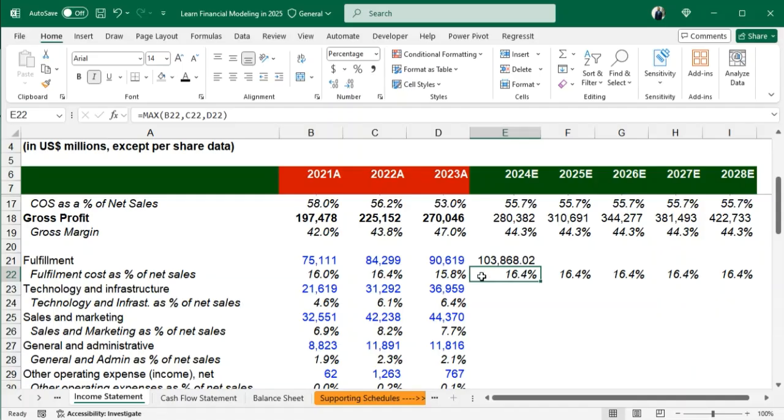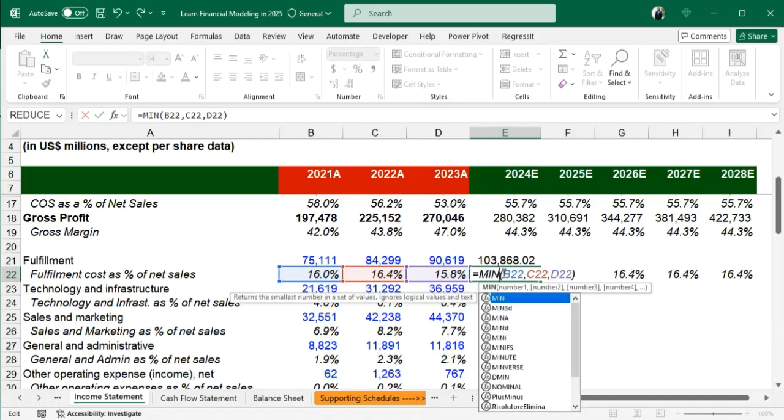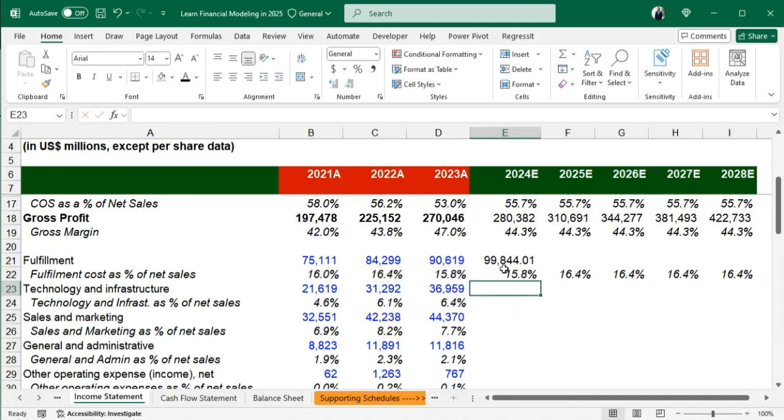So let's change it to the minimum, although the minimum is an aggressive approach, but let's see what that is going to reflect. So minimum there, and then I can hit enter, and this gives a bit more